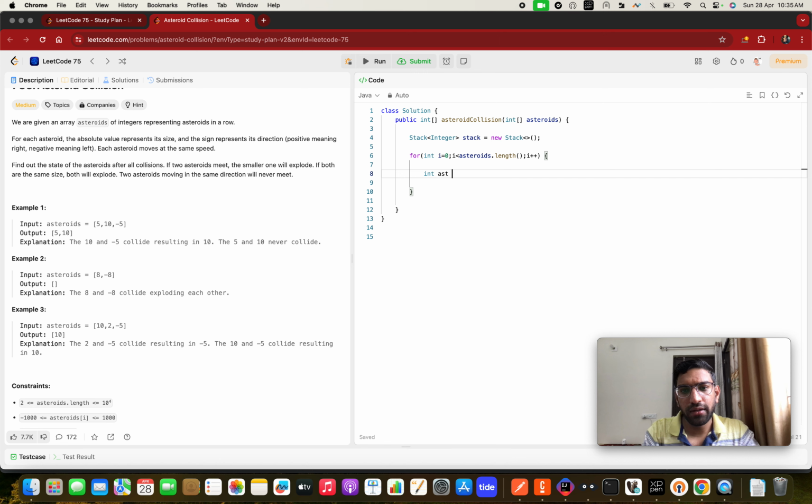This is our current asteroid, asteroid I. So while our stack is empty, and the peak element of stack,